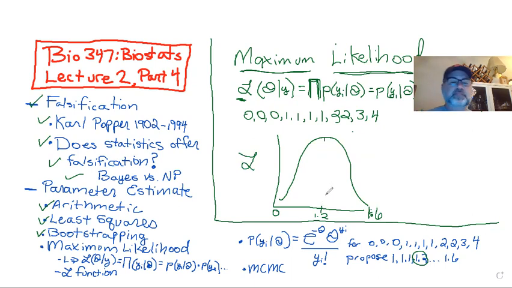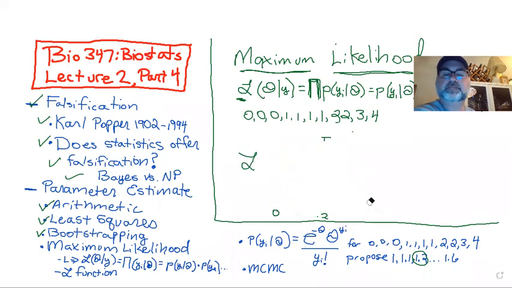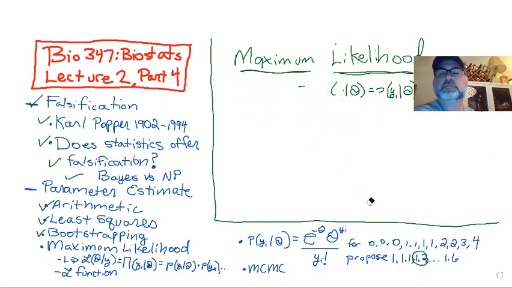Okay. These can be computer intensive, but most of the time when you run things, it's doing maximum likelihood, and it occurs in a blink of an eye, which is the wonderful thing about computers. All right. That's maximum likelihood.